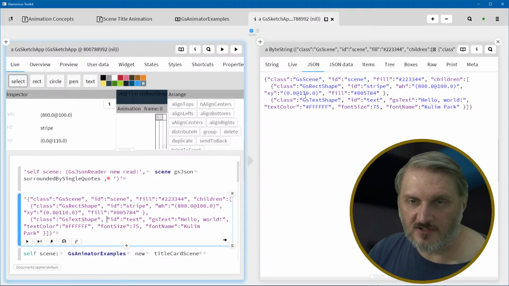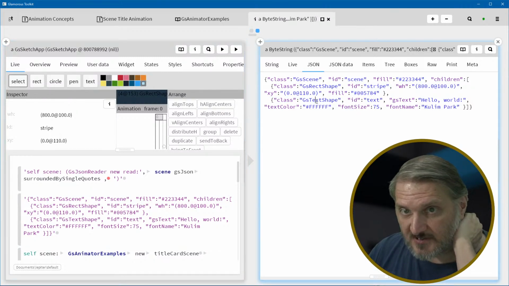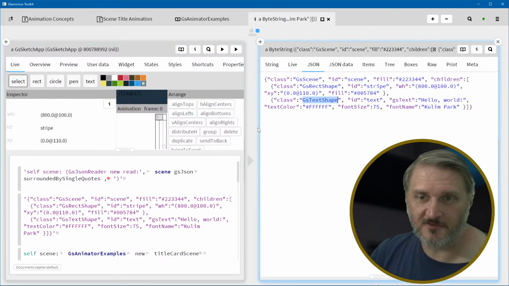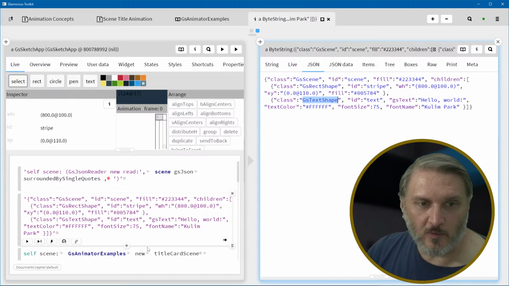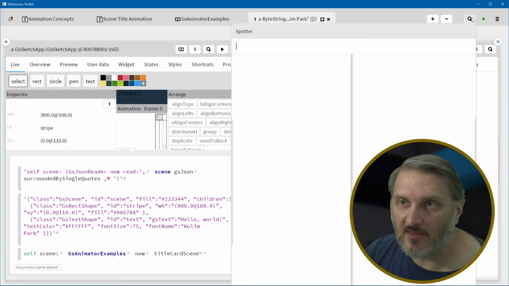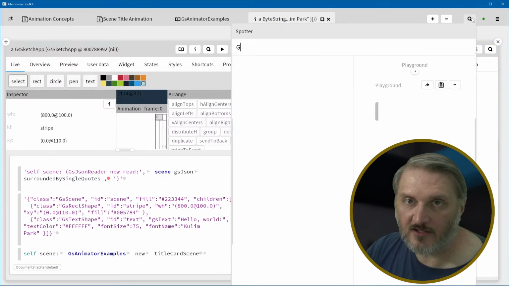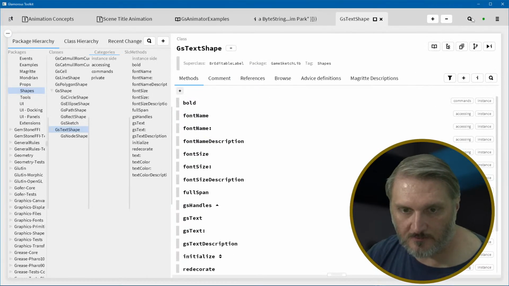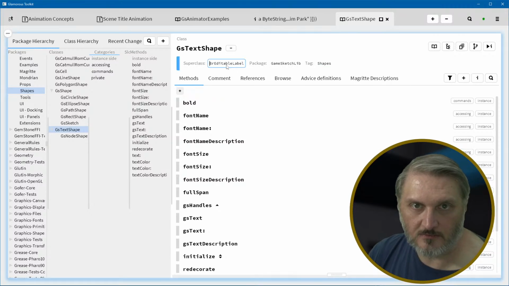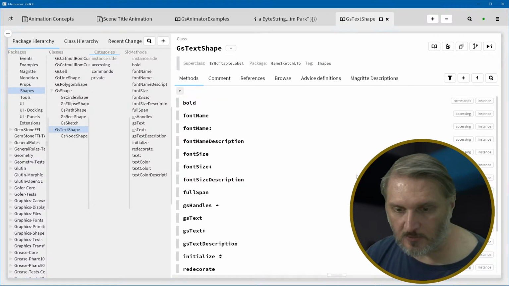But you can probably see that this is missing the coordinates of the text. So it doesn't save that, and everything goes back to the top left. The way this works, and this is how we're going to have to extend everything else here, is GS text shape. This is something I made to adapt the built-in editable label concept to